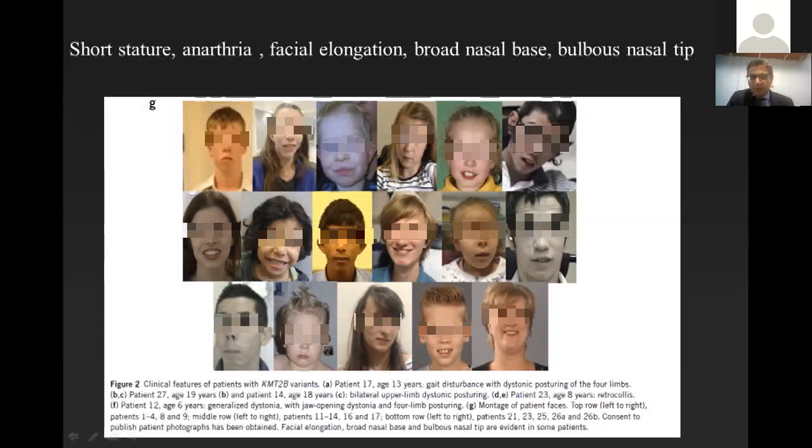So if you get somebody with very young onset childhood dystonia with a lot of speech involvement, sometimes leading to complete anarthria with relatively preserved cognition and this particular facial expression, then you are thinking about KMT2B. In this particular paper, over 30 cases were described. Normally, when we have a new gene, you have 1 or 2 or 3 or 4 cases described in the paper. So this seems to be a very important cause of early onset, childhood onset, generalized dystonia with a lot